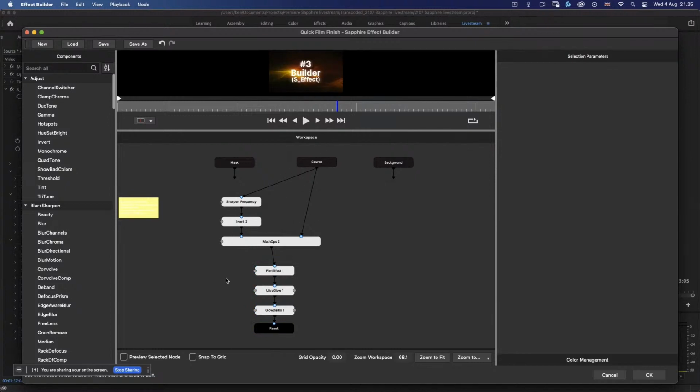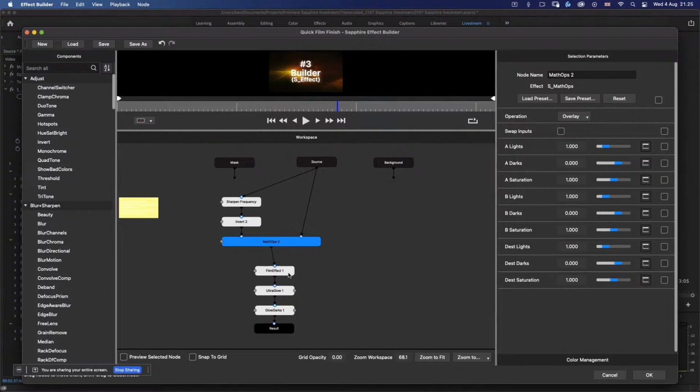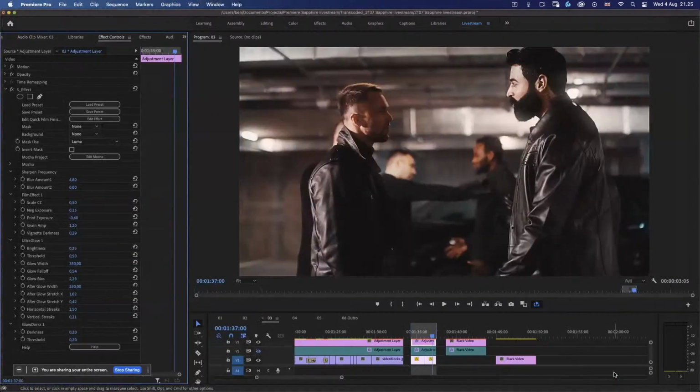And this is the stuff that if you never want to touch this, it's absolutely fine. All of the presets are set up so most times you won't have to see this stuff at all. But these are all the effects that have gone into creating this one SFX preset. So I'm going to cancel out of here. Even though we've got all of those effects, like 10 different effects,